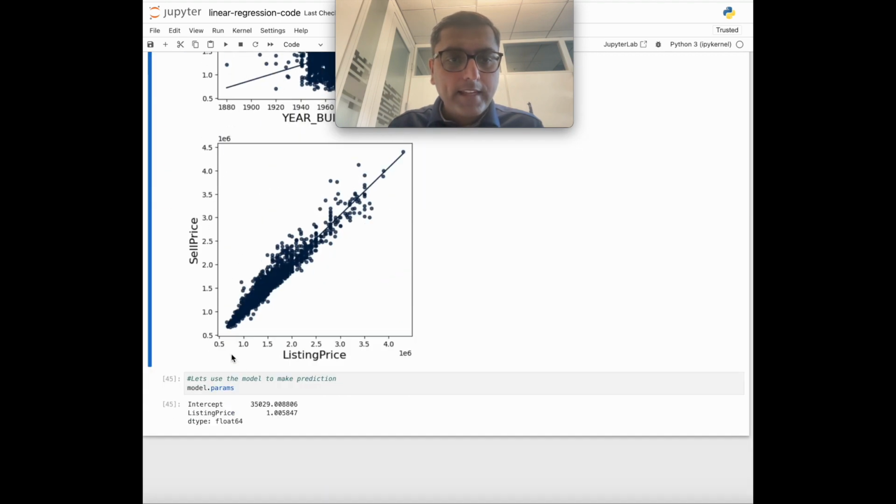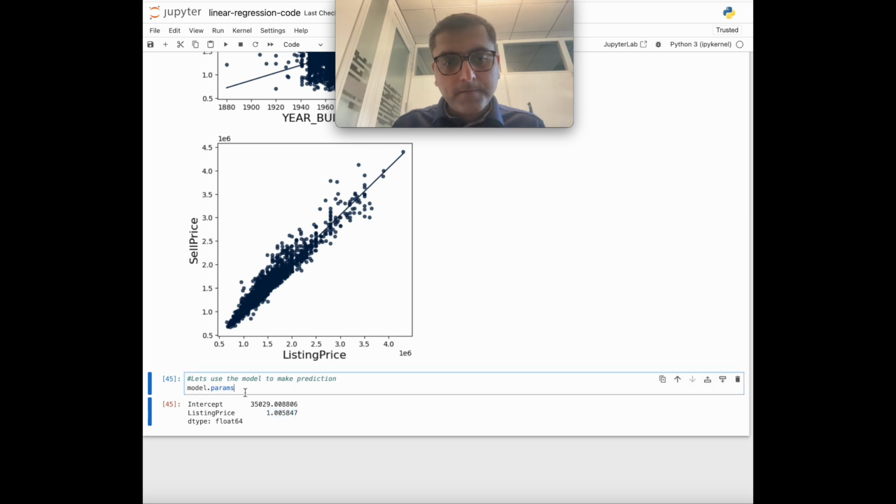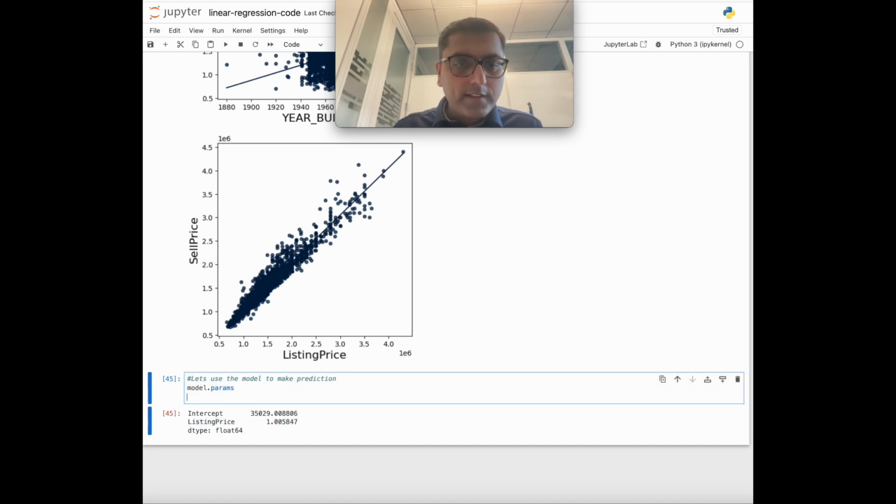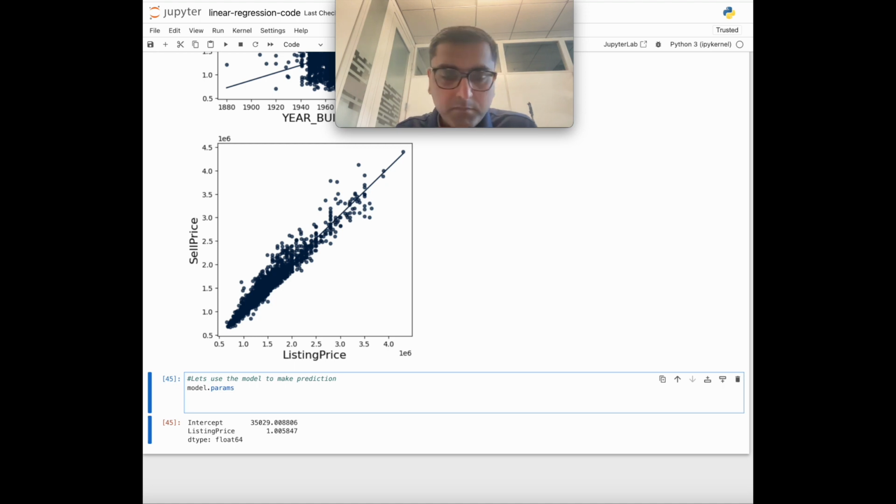Yeah. And in a sense, it's telling you that the listing price coefficient is 1.005 and the intercept is 35029. So if you want to predict the price of this new home, yeah, the predicted price of the new home would be at, and we know the listed price